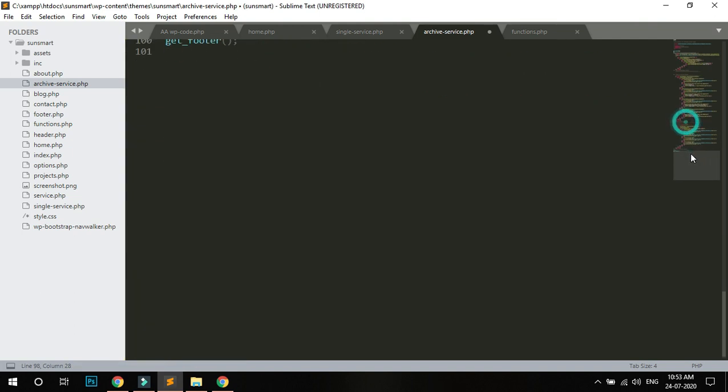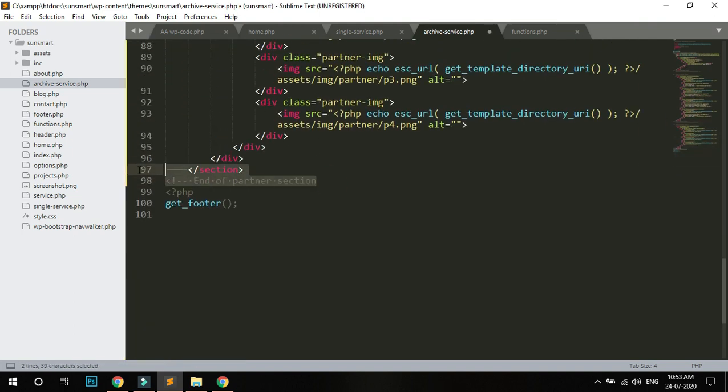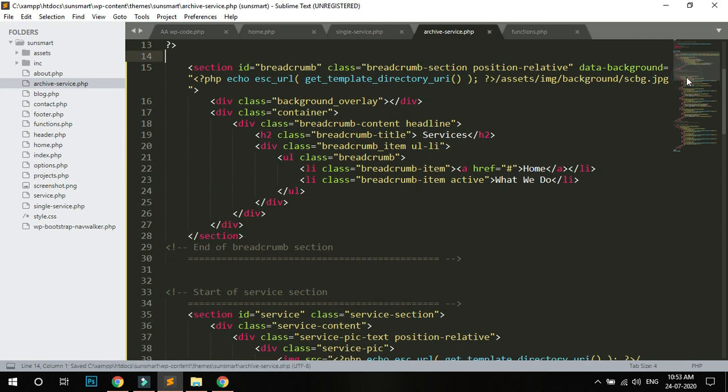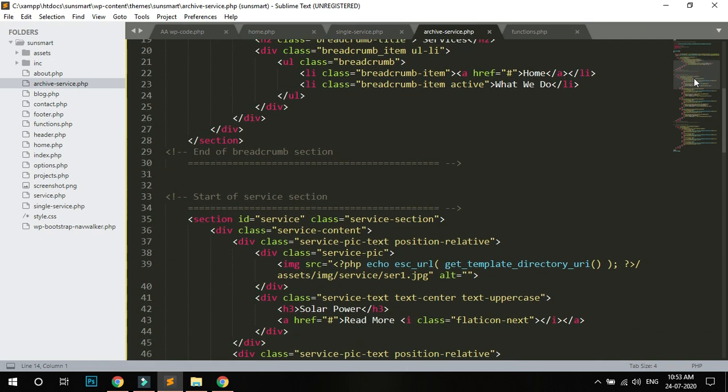Okay, just paste. Sorry, I remove this comment code also here. Okay, so just change the service code to HTML code.